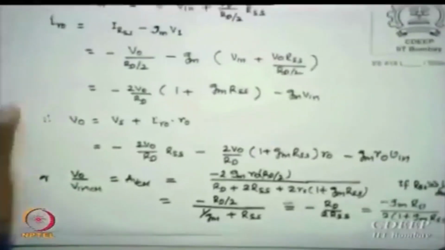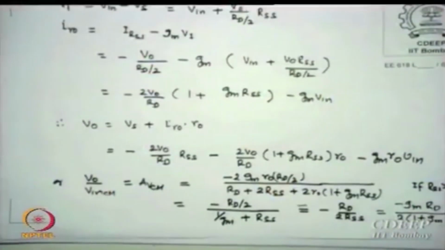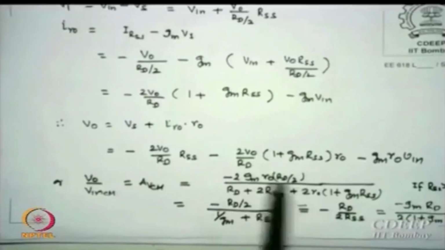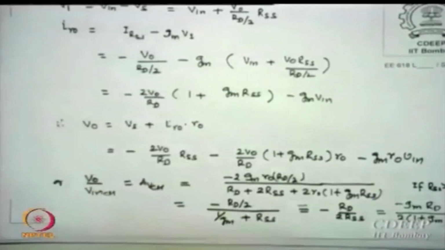Just see the last expression, all this is given by me earlier. Finally V0 by V in CM, which we call AVCM, is minus GM times RO parallel RD by 2, RO into RD by 2 upon RD plus 2R. This is the expression as we derived. If RSS is much larger than 1 upon GM, RSS being a current source output resistance, it is very, very large. So this may reduce to